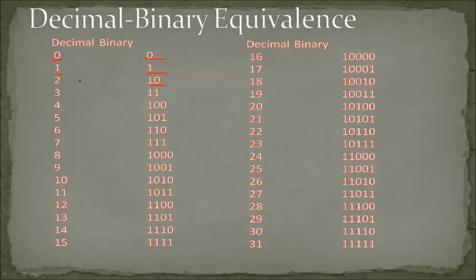How does 2 become 10? Let's check out. Kindly bear with my handwriting. 2 divided by 2, because I'm going to convert this value into which form? Binary form. So I use division by 2. How many times will 2 go? Only one time, right? 1. Then what is the remainder value? There is no remainder. 0.